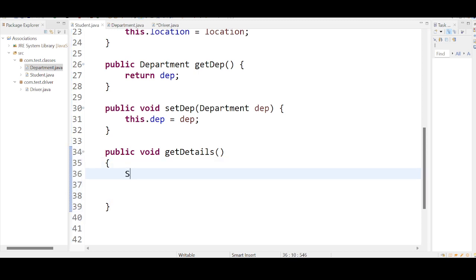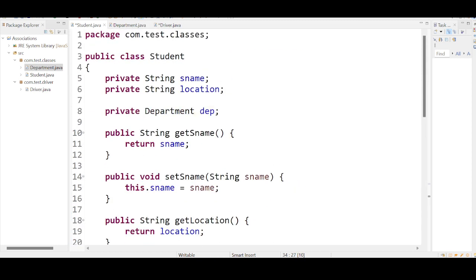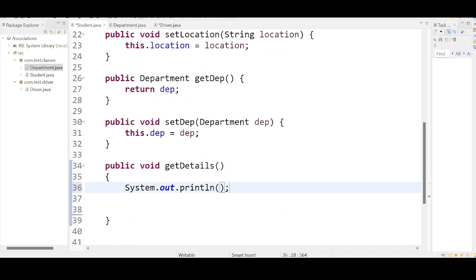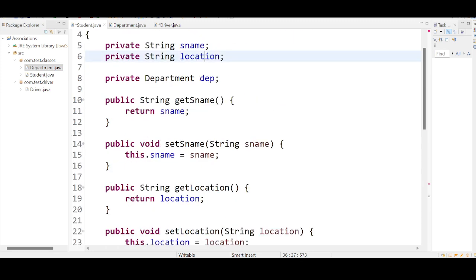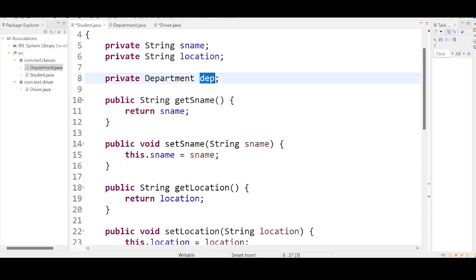See guys, they're very simple statements. Firstly, I want to print what? The moment this method is accessed, I want to print values. What kind of values? I want to print the student name. I'm copying this variable reference, plus I also want to print what? Location, plus I also want to print what? The department. Student name can be a direct value, location can also be a direct value, but department is